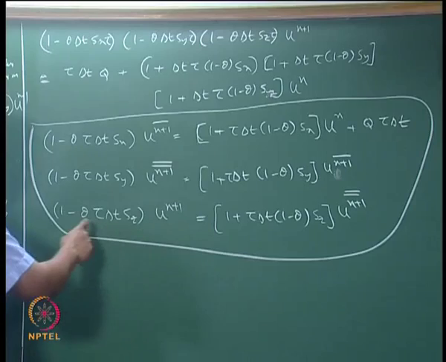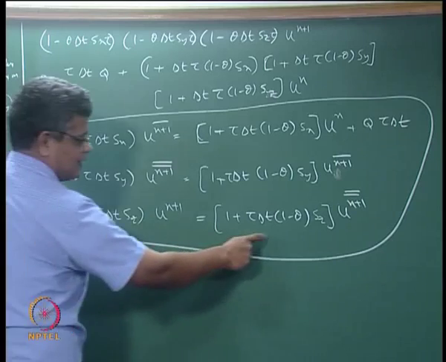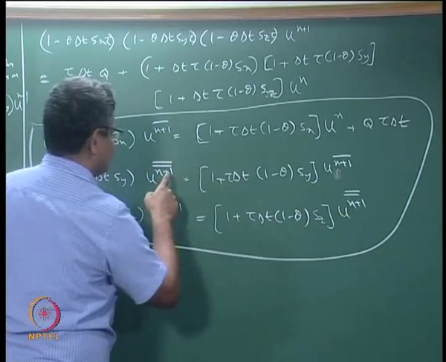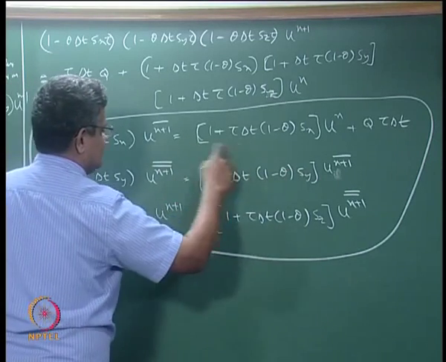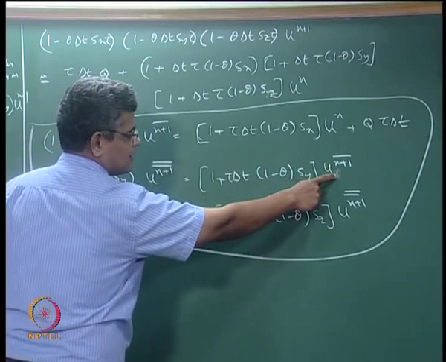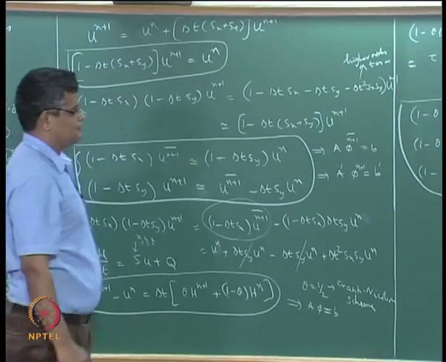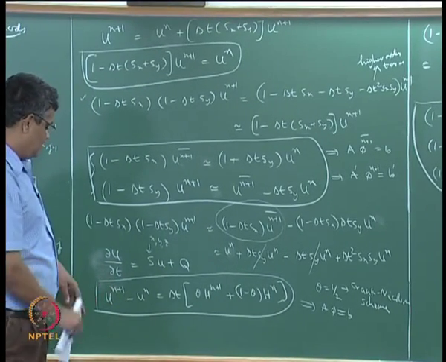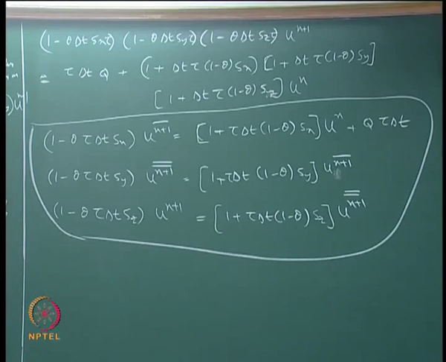We can, for example, pre-multiply this by (1 - θ τ Δt Sy), and then substitute for this here, and then again pre-multiply by this whole thing, and then substitute for u^(n+1) bar here, to show that these 3 together are equal to this. So you are going from n to n plus 1 in 3 time steps in a certain way,